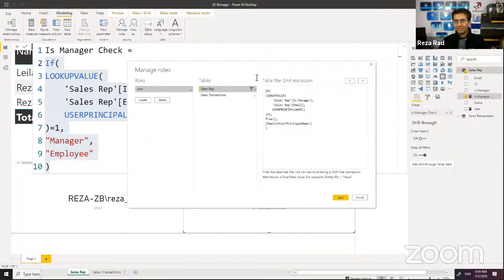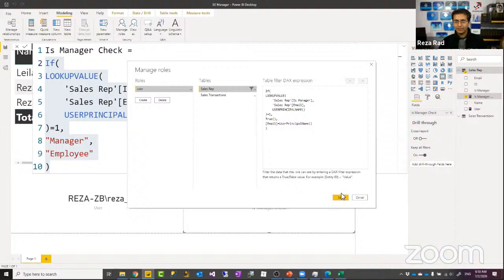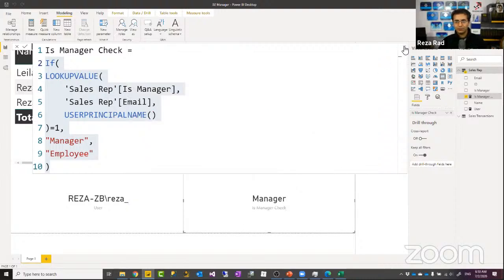So I used that logic and brought more logic into that using this DAX expression. All of this is saying that if it is a manager, access to everything, otherwise access to his or her own data. Now I'm saving it just to show you how it is working.